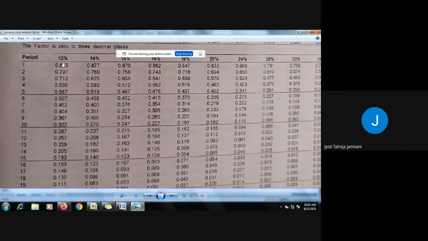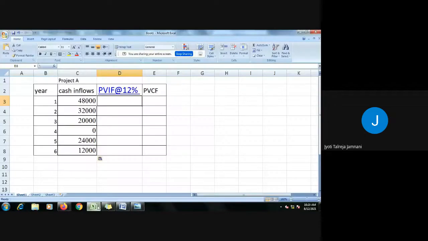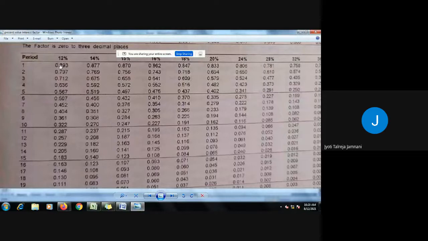12% for first year, whatever is the factor, we take that. So it is 0.893. I hope all of you have that table. Okay, so 0.893. Then 12% for second year is 0.797. You need to keep checking it here. You can see here 0.893, 0.797, 0.712,